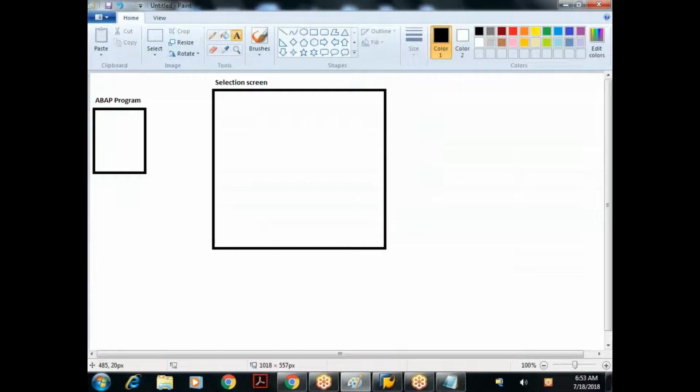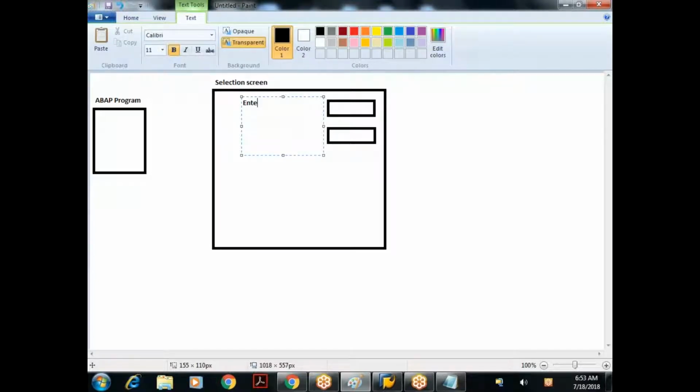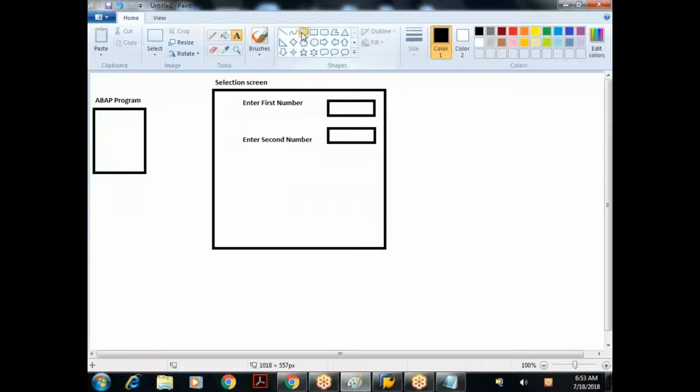On this selection screen, assume that we should have some input fields: enter first number and enter second number, and I should have some radio buttons.